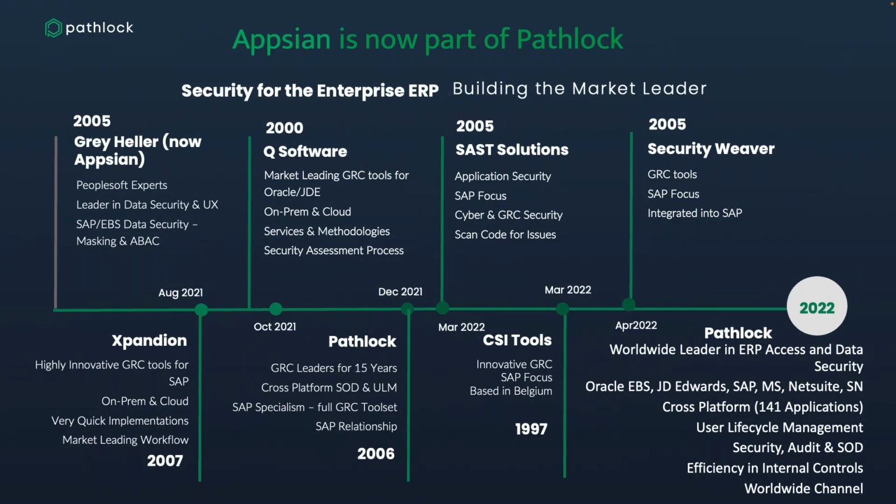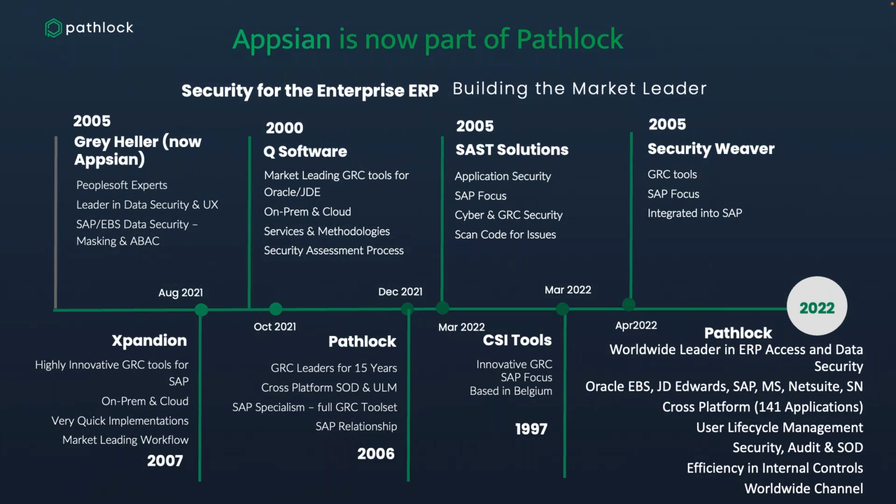I was on the Apsian side before, and we're now part of Pathlock. So you can see from the growth of a lot of these companies, we are now one of the larger security companies out there that focus in the ERP market for one, but it's many different areas that are now